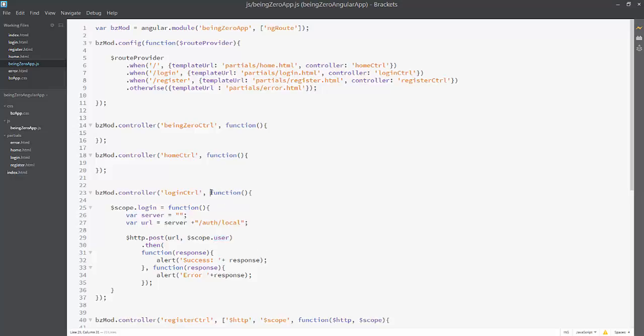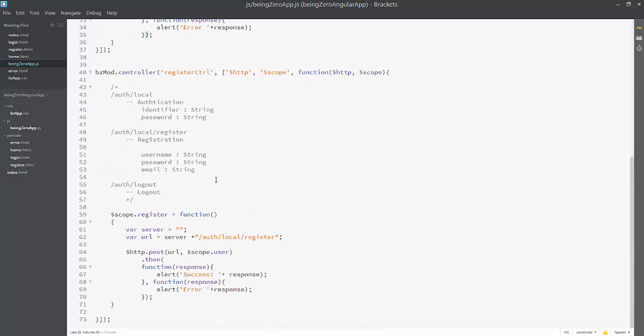And the login controller also needs the HTTP service and scope, and here order does not matter. We just have to say scope, HTTP. Either we can put HTTP first or scope first, that is immaterial. So here I can say HTTP first and $scope, and we need to close this array also. Now we have all the necessary things here, but one difference between registration and login endpoint is, here